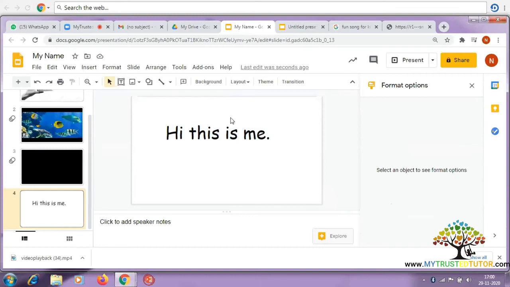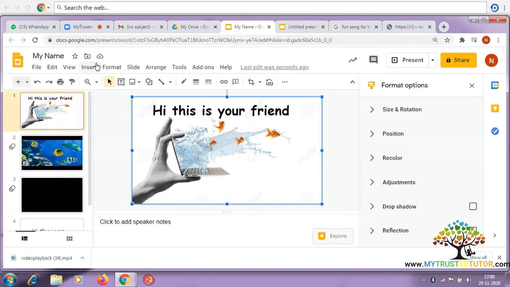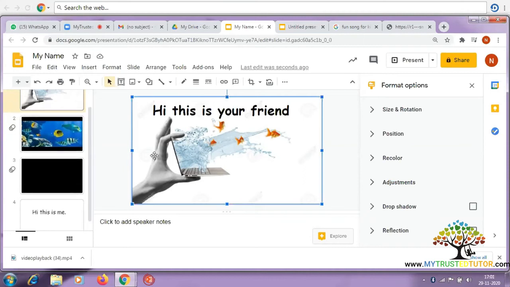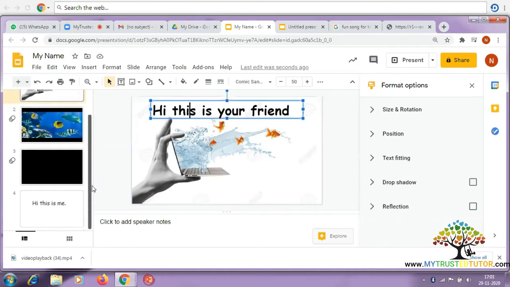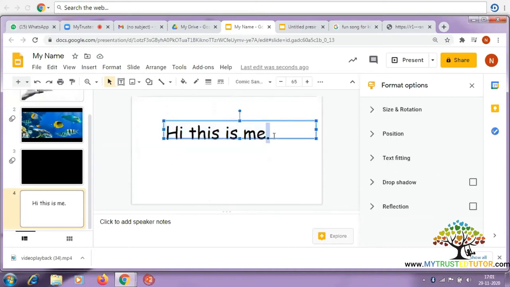So now I'll show you how to add a background. First, what we did in the first slide is we took a picture from the computer or from the laptop or from the internet as well. I will even show you how to take a picture from the internet, just copy pasting it. It's very easy. What I did over here is I took a picture from the laptop and then added the text over here. Sometimes what we usually do in a hurry, we forget that we have to put a picture. So first we keep on typing, and so how do we put a background for this slide? You want a good background for this slide, you have forgotten to put it.